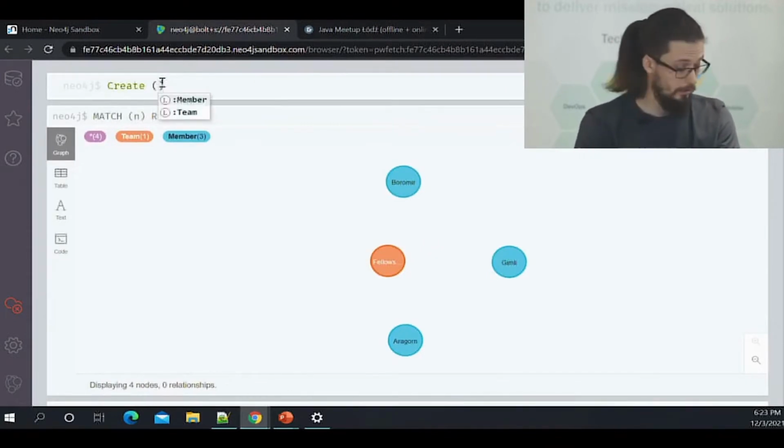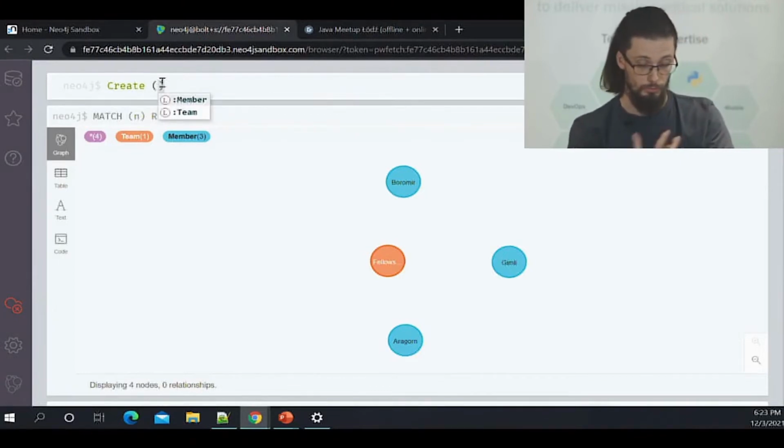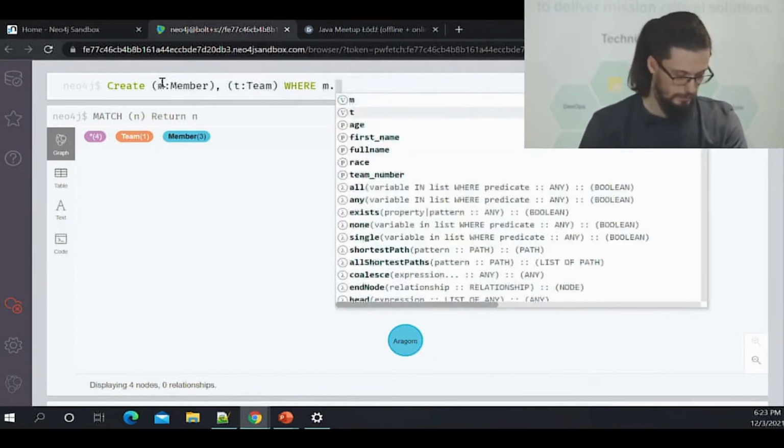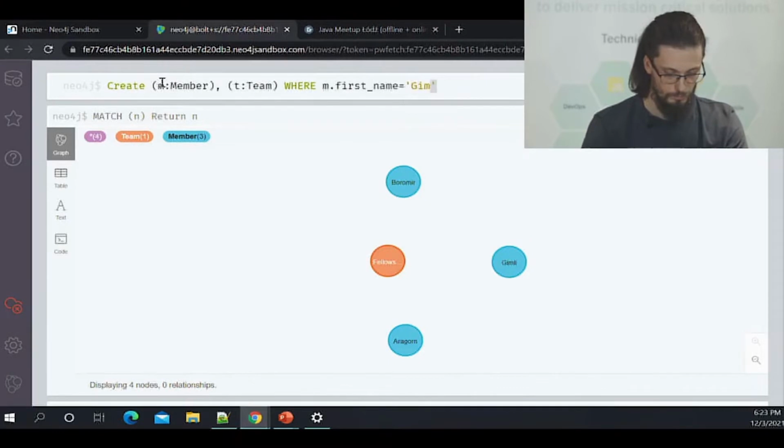So to make a creation, I need to match 2 nodes to connect them together. So I need to create a connection between, for example, a member, right? And a connection to the team, right? And I'm using a where clause, where, for example, member first name is equal to Gimli, and team full name would be